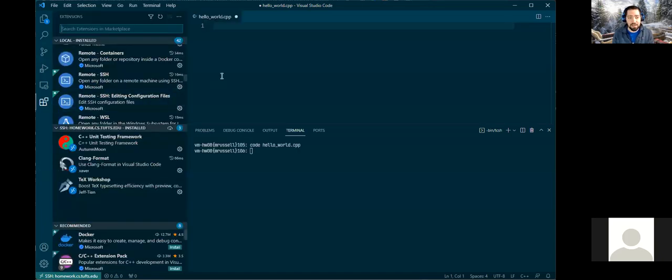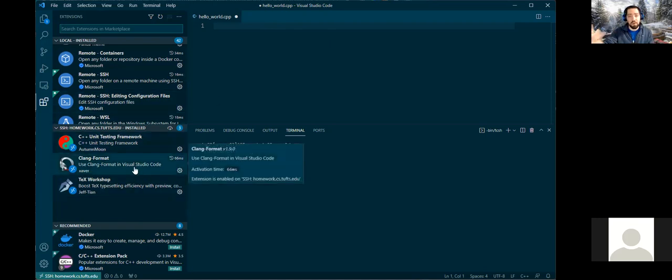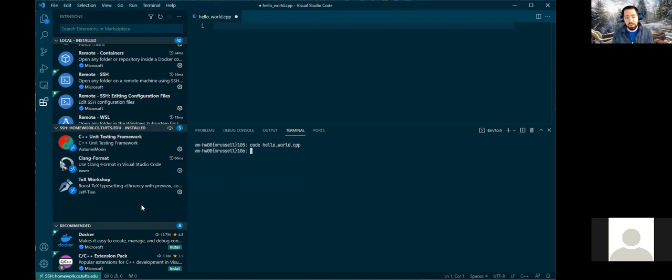Again, the key thing to wrap your head around, which was not intuitive to me the first time I looked at VS Code, is that you have the extensions available on the remote and the extensions on the local. So when you're developing in the remote system and you need to install extensions that you're going to be using while you're working on Halligan, those extensions need to be installed on the remote. So when you search for an extension, like let's say,